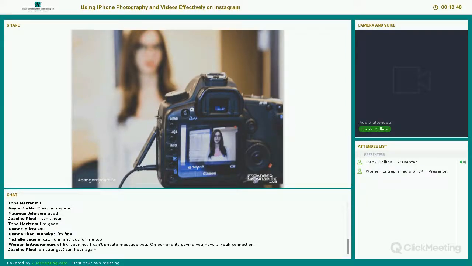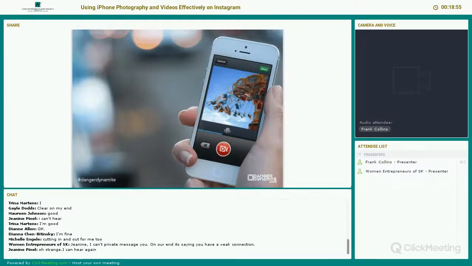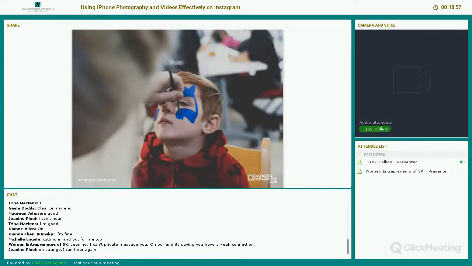Also, something that you can now do with Instagram is tracking analytics and what they call insights. You can now log into,